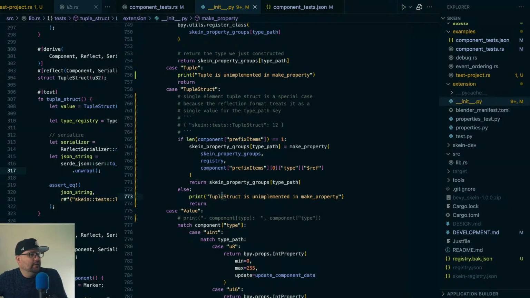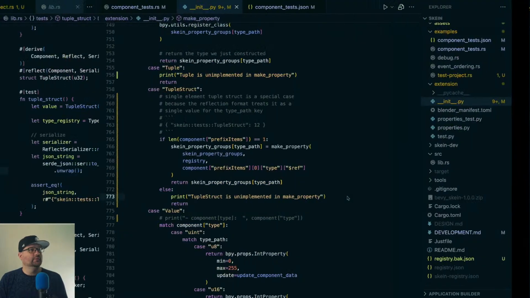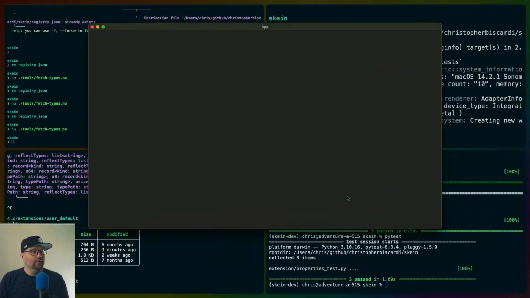So prefix items, I guess it's an open question then. We could do a custom UI list for this? But that would require kind of the same thing we're currently doing. I guess the real question is, can we do